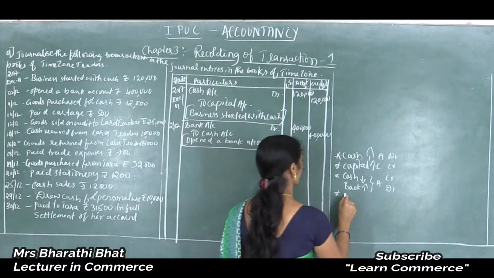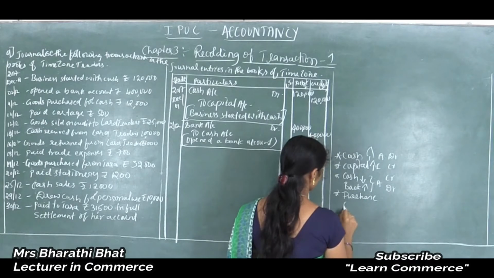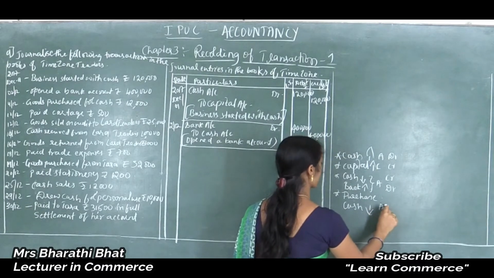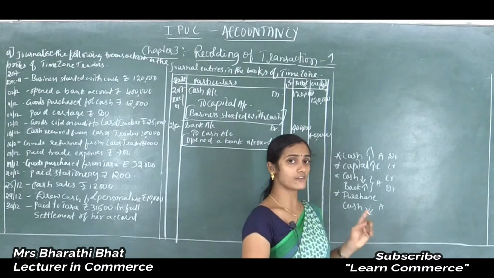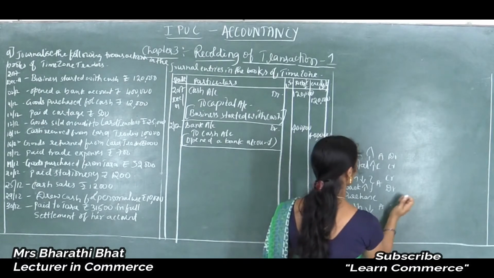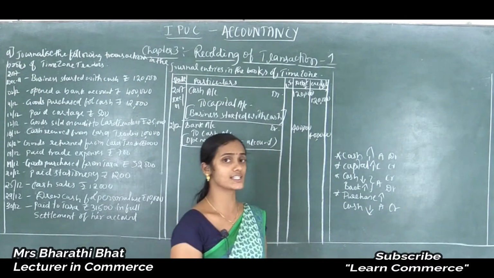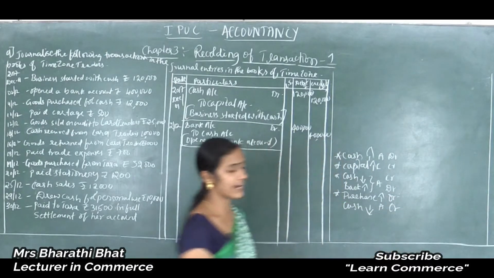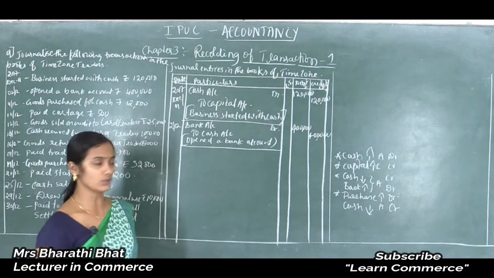So what are the two accounts? One is purchases, another one is cash. Cash shows decreased value, it comes under asset. According to the rules of asset, decrease in asset is to be credited, and according to the rules of purchases, increase in expenses is to be debited. So here both debit and credit aspects are identified. So purchases account debited to cash account.